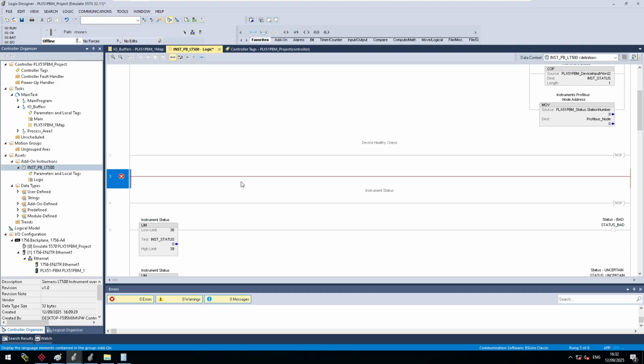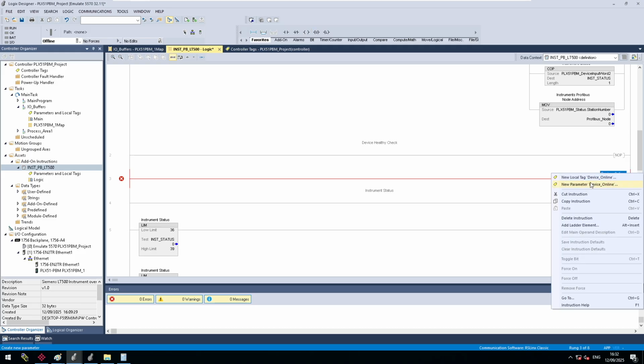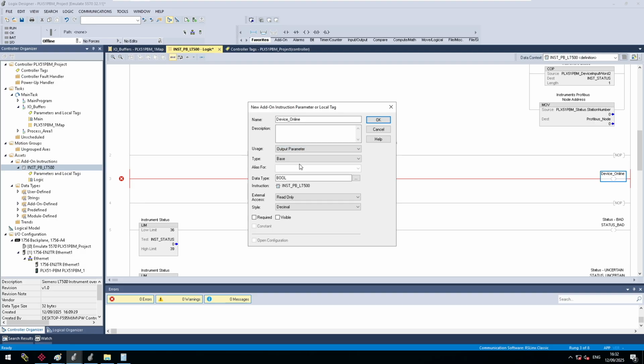So I'm going to create what's known as a flag with an output to say that the device is online, and I'm going to have the data from the PLX51PBM module status values that we are bringing in to check that the device is online and that it's exchanging data. If these are not true,